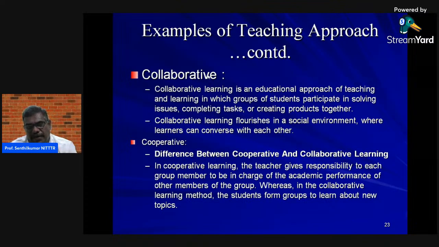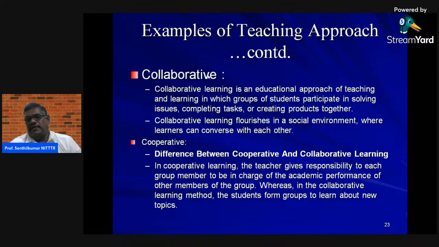Collaborative and cooperative approach. In what way is it cooperative? Collaborative learning is an educational approach of teaching and learning in which groups of students participate in solving issues, completing tasks, or creating products together. Collaborative learning flourishes in a social environment where learners can converse with each other. Difference between the